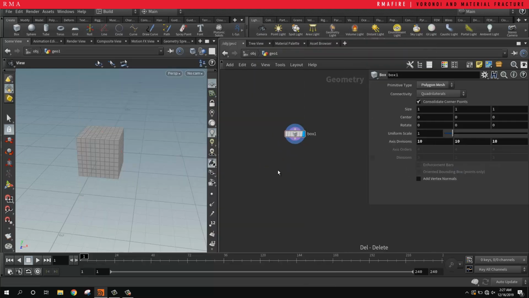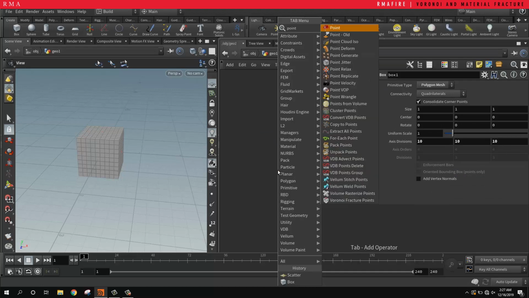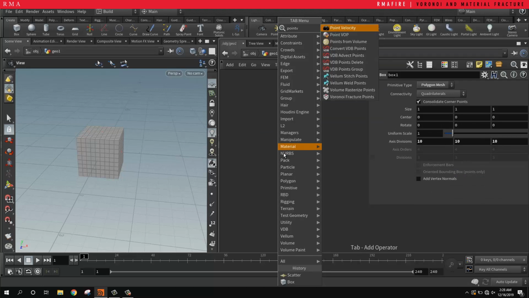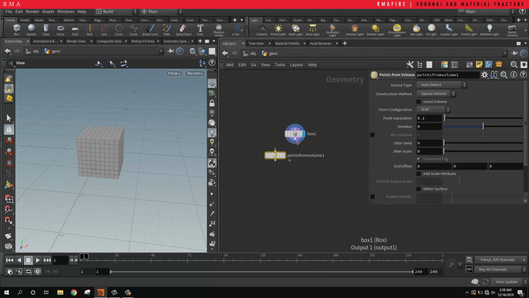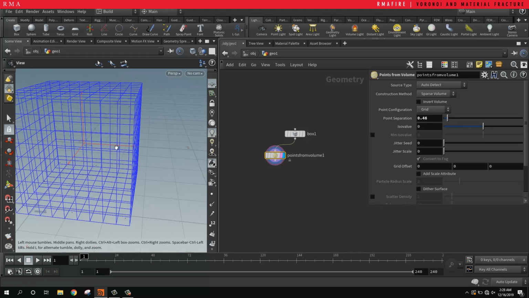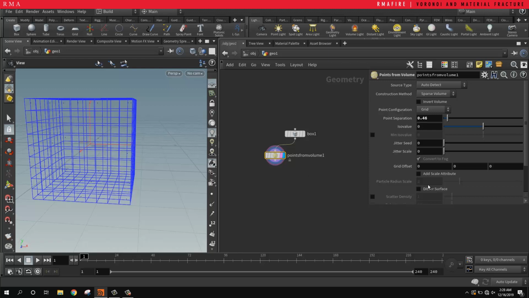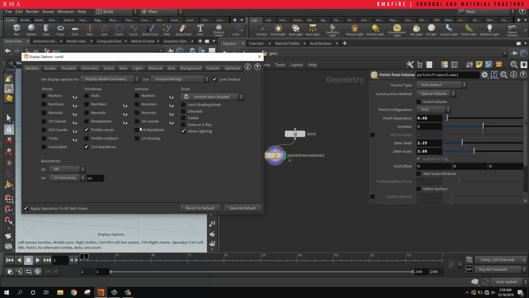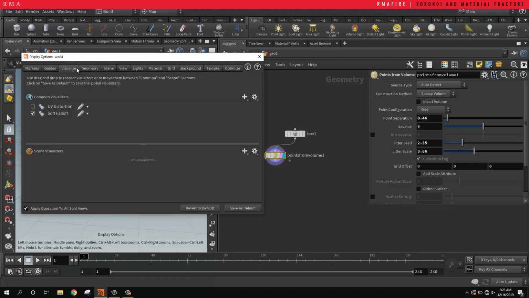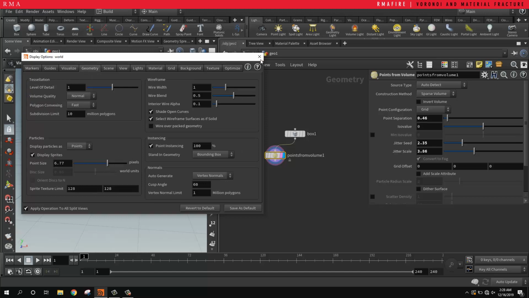I'll actually do points from volume. And then we use less points, something like that. And I want to jitter them and move the scale so that they're positioned in different places. I'm gonna hit D here, and I'm gonna create bigger points so we can see them a little bit better